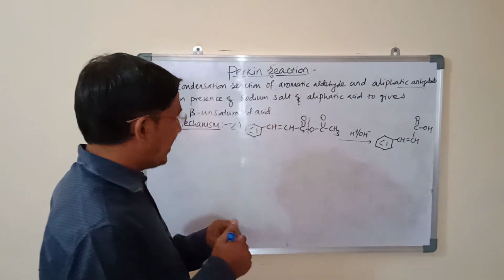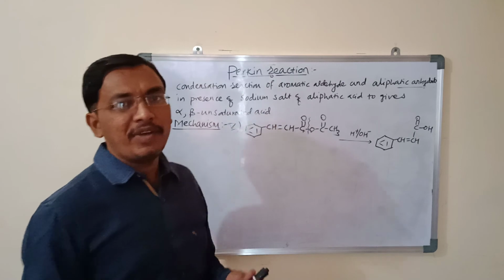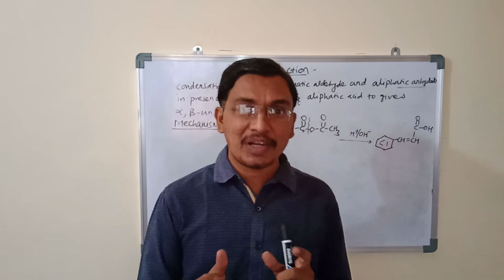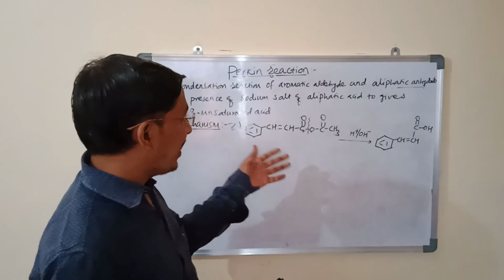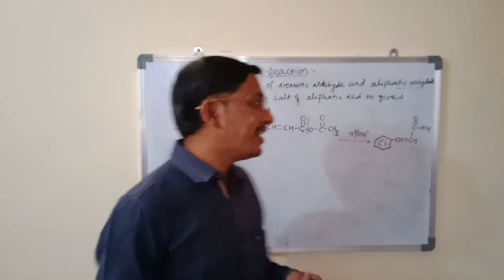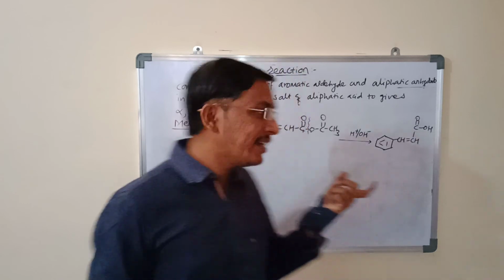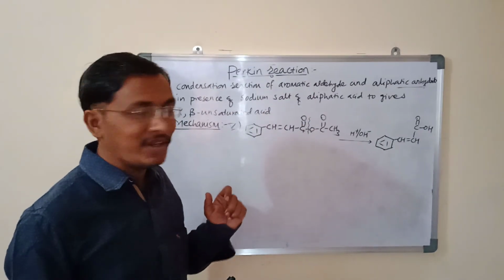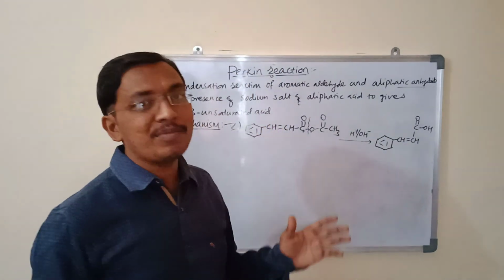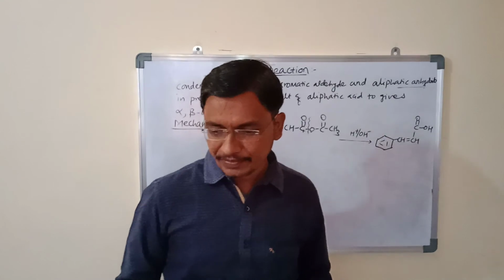The product of this reaction is similar to that of the Knoevenagel reaction. We have to compare every time if there are similar products. Of two reactions, we have to compare what the reactants are, what the products are, and where they differ, what the reagents are. In the Knoevenagel reaction, the reagent is diethyl malonate, while here it is the aliphatic acid anhydride. That is the difference. And in the Knoevenagel we used pyridine, and here we have used the sodium salt of acetic acid. Here we used a weak base. Okay, I will stop here.